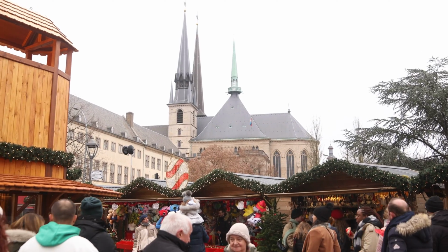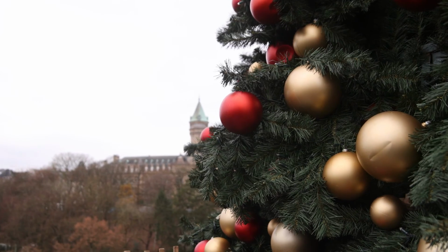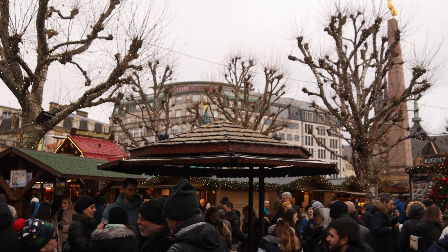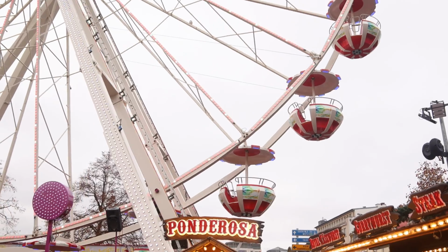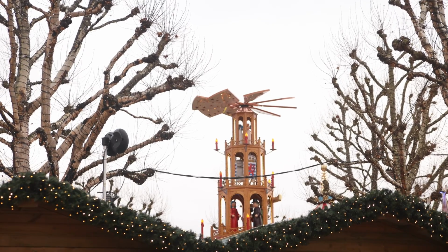This was the largest Christmas market in Luxembourg, and being right on the edge of the cliffs, had stunning views looking out over the city. This part of the market was packed with people, with many open-air bars, restaurants, and plenty of activities for all ages. The giant Ferris wheel spins slowly on the edge of the plaza, and a traditional wooden pyramid towers over